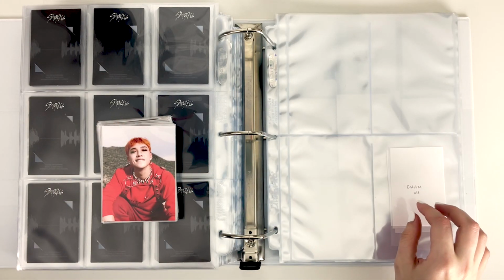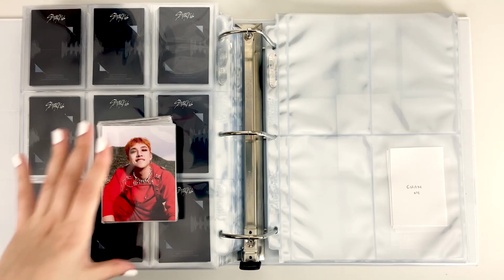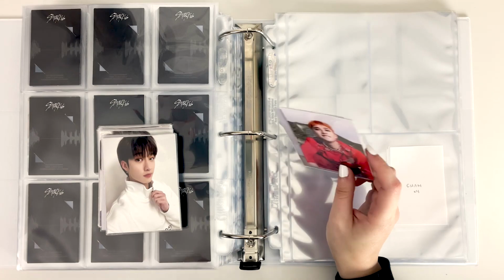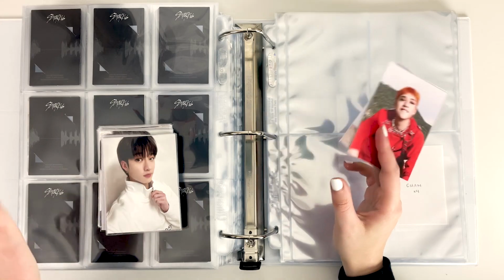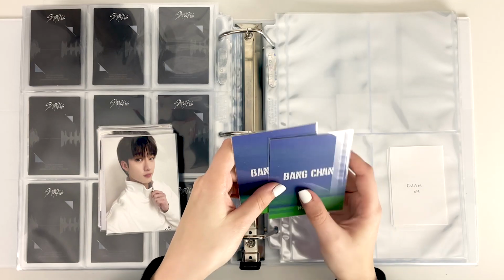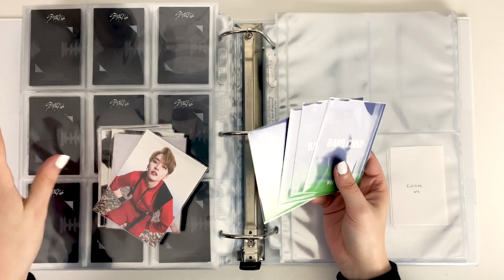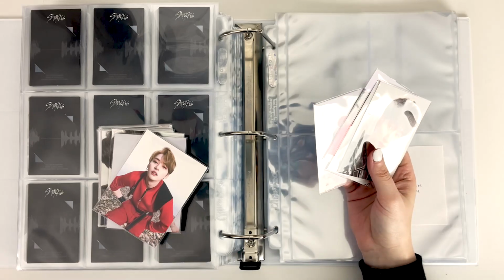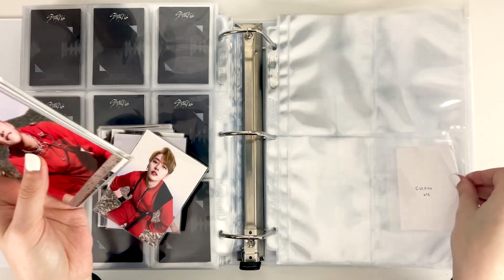And for these, I actually did something a little bit different. I know the thing that people were doing is they were taking these and cutting them up into photo card sizes and then putting them into a 9 pocket. I have so many of them that if eventually I want to do that, I can, but I didn't want to cut up the photos just because I'm really picky about the backs matching, and I could put them in colored sleeves so you couldn't see the back, but I just thought it might be easier to put them in 4 pockets,